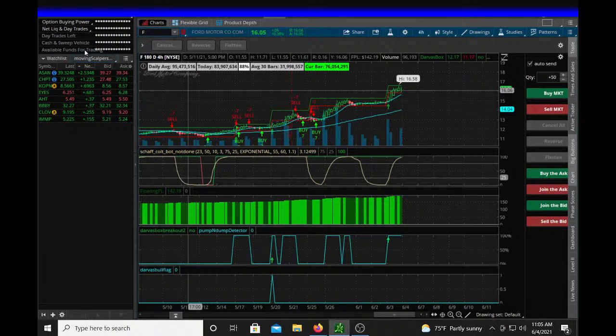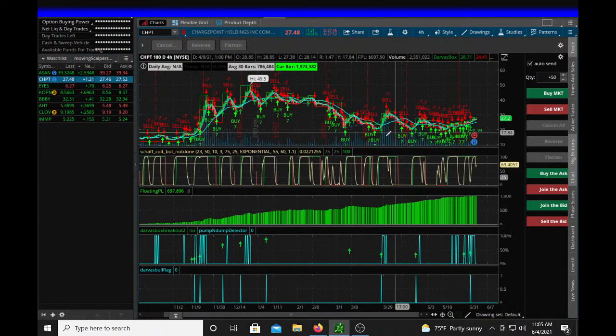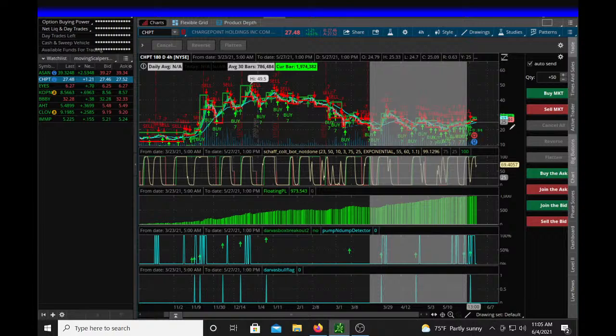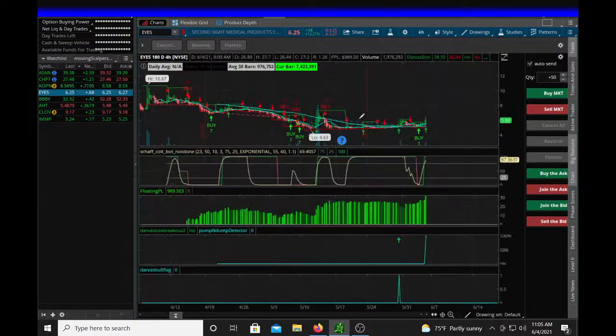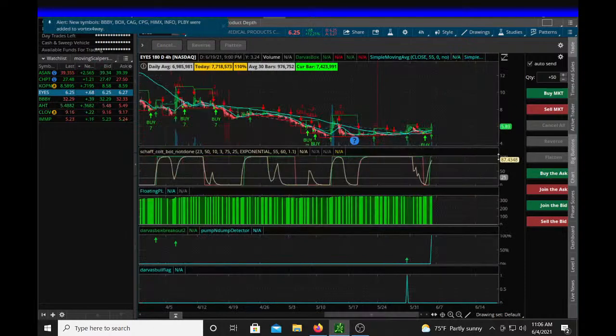Let's check out Charge Point here. And they got their crossover back on the 17th. It's been bullish ever since. Okay. Looks like Eyes here. Okay, they got their little